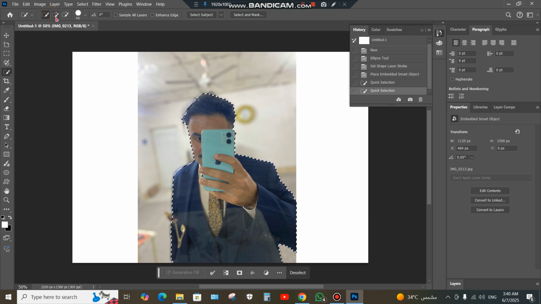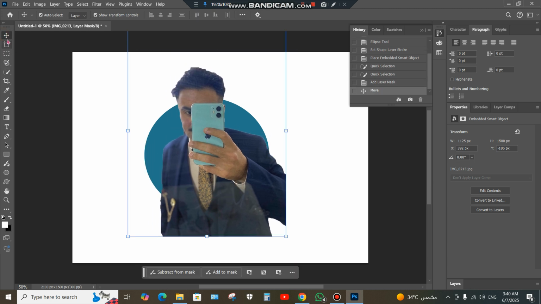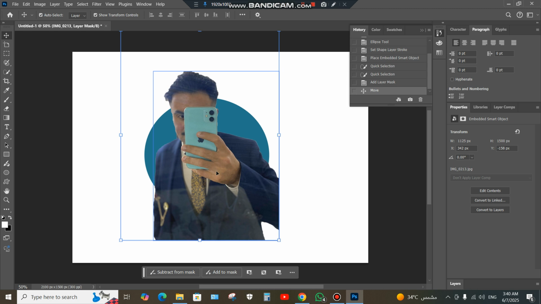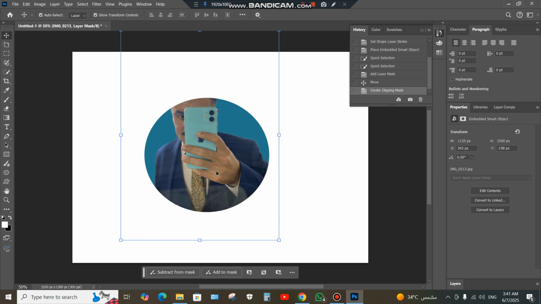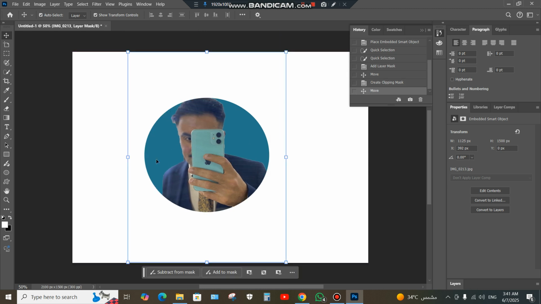and now click to the mask. Now you can see the background was removed, and now use the move option on the mini toolbar, move the picture, and now focus with me again to drop the picture into the circle. Click or press and hold Ctrl Alt G on your keyboard. You can see now the picture was dropped with the background of the circle,